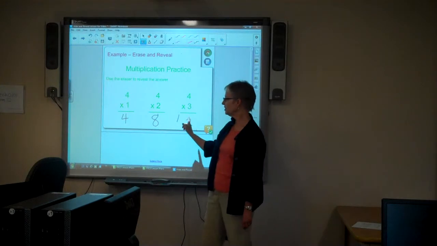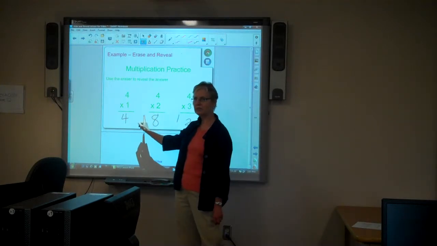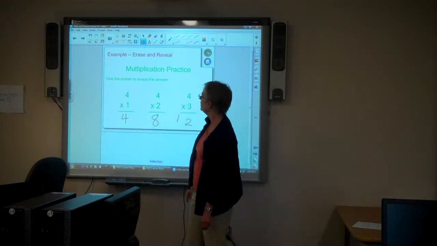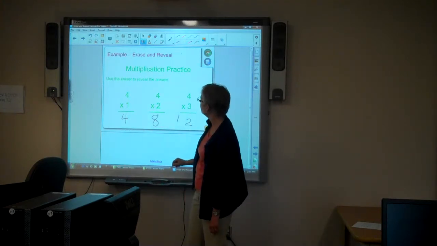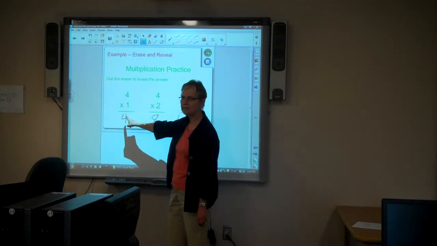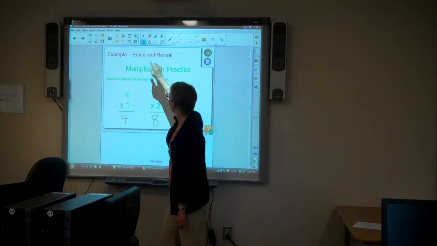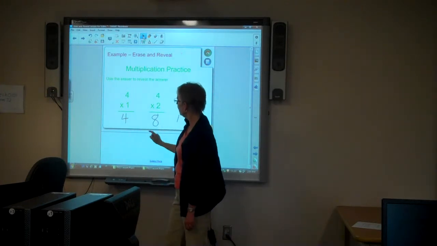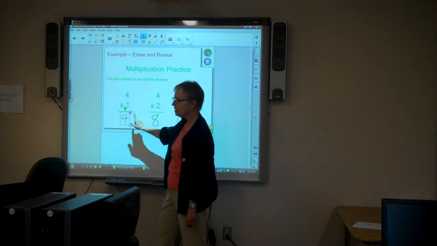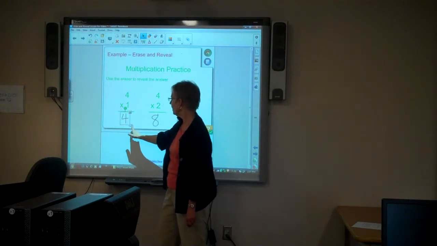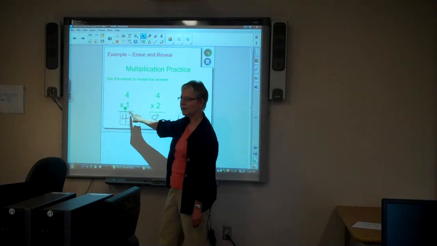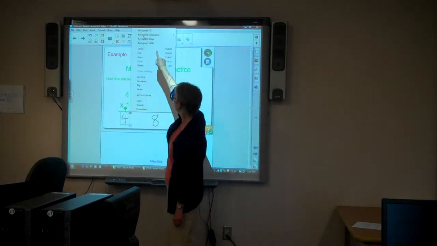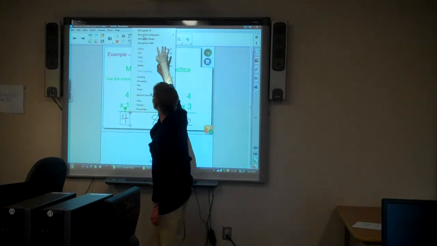And the next step is to change the digital ink in my answers to typed text. The reason is, if we would use the eraser later to erase what's covering up the answer, this would get erased as well. So I need to make sure that we've changed the properties of the objects to typed text. So I'm going to press my select tool in the actions panel, and I'm going to select the object. I can tell it's selected when there's a marquee box surrounding it. There's a little right arrow in the upper right hand corner, which I'm going to press on, and then I'm going to choose the top option, recognize form,